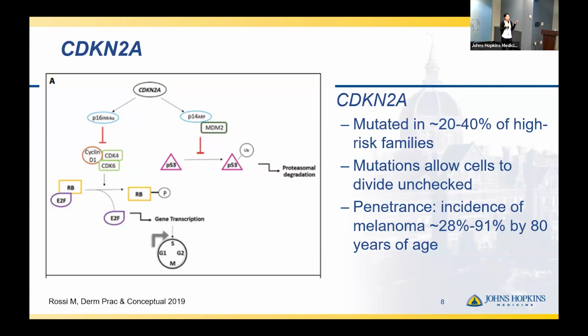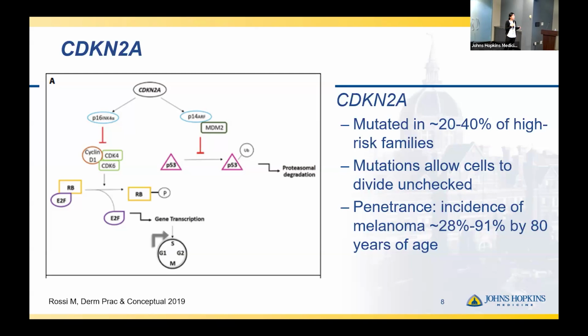And each of these proteins is responsible for regulation of the cell cycle. So P16-INK4A, when it is mutated, causes uncontrolled growth and proliferation through the cell cycle. Basically, it allows the cells to divide unchecked. Whereas P14-ARF controls P53, which is involved in apoptosis or cell death, and so when that's mutated, the cells don't die. So essentially having a mutation in CDKN2A leads to a dysfunctional protein, which allows the cells to divide and grow